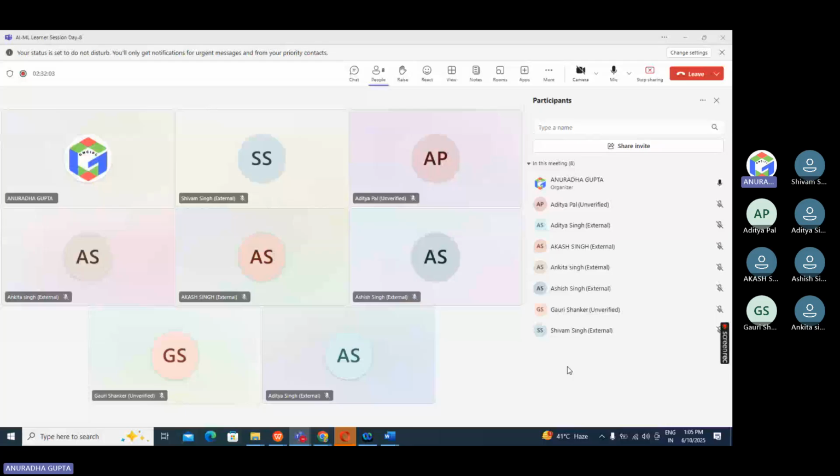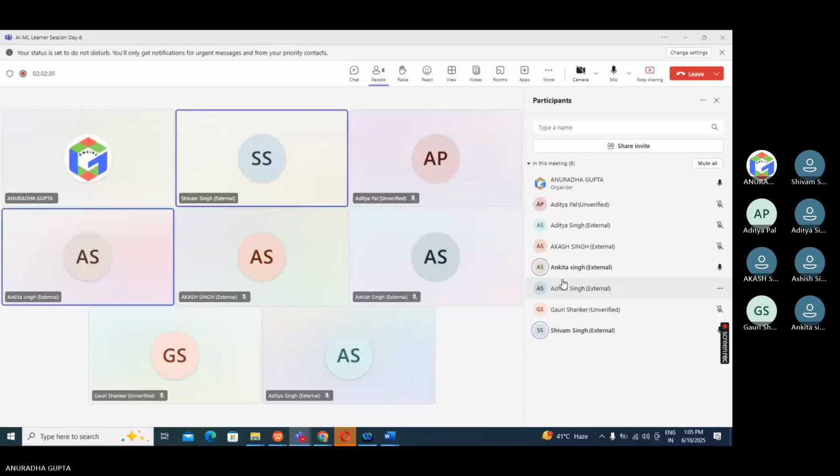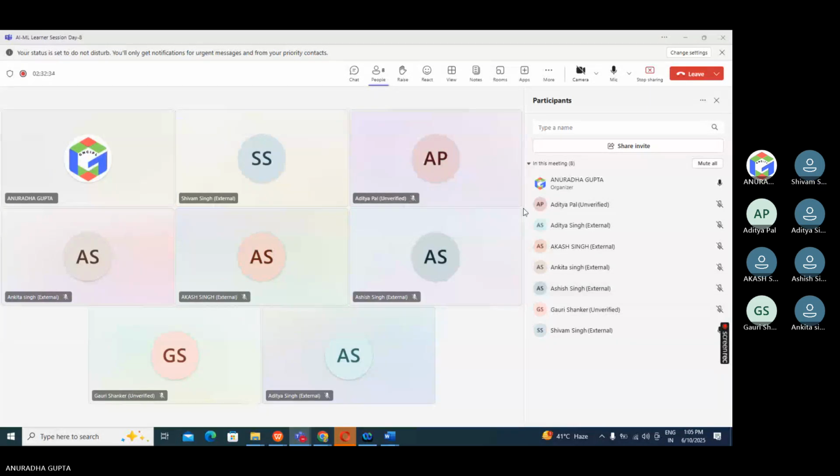So, Ankita is saying that she wants to perform this in a group. And what about you? Do you want to do it individually? First of all, I see many people are not understanding the basics, and they are not even responding in the calls. I think if we do it individually, those who are not participating interactively will not do it. So I am suggesting to perform this in a group.